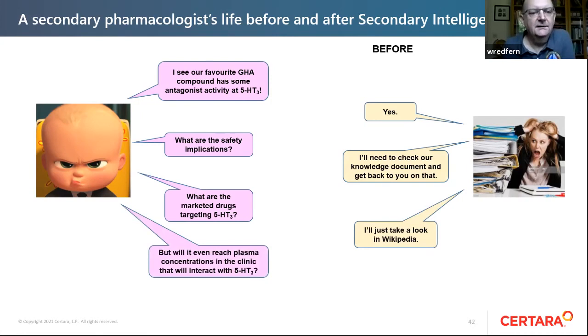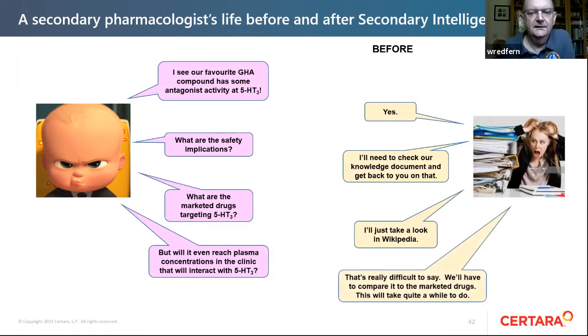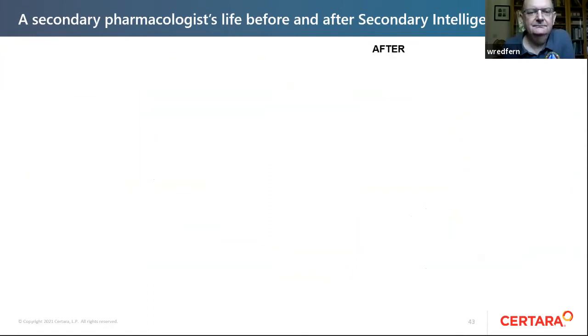But will it even reach plasma concentrations in the clinic that will interact with 5-HT3? That's really difficult to say. We'll have to compare it to the marketed drugs. This will take quite a while to do. Then after,